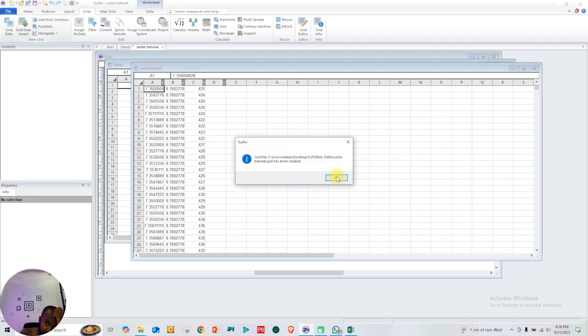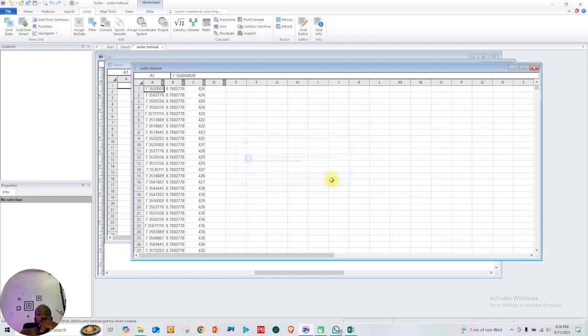The grid has been created and it's showing where it is saved in storage, data software storage grid. Okay. Now the next thing we are going to do is